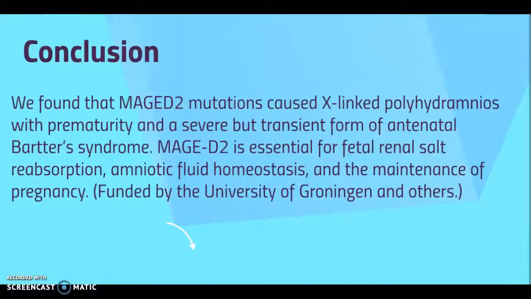Finally, we have the conclusion. We found that MAGED2 mutation causes X-linked polyhydramnios with prematurity and a severe but transient form of antenatal Bartter syndrome. MAGED2 is essential for fetal renal salt reabsorption, fetal fluid homeostasis, and the maintenance of pregnancy. Funded by the University